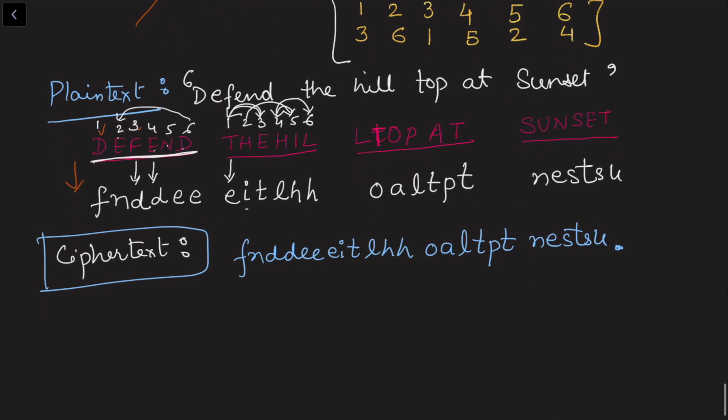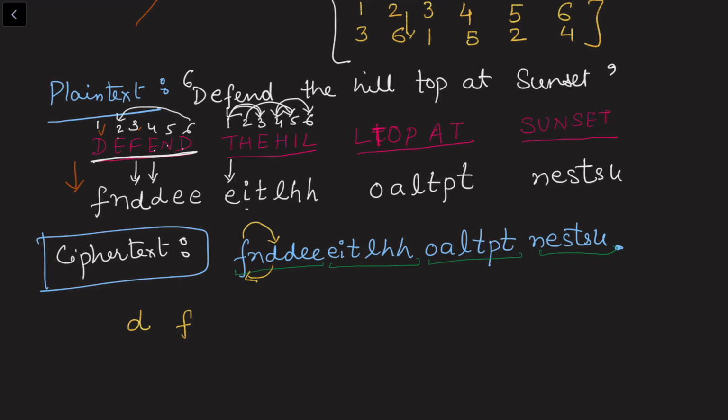Looking at this inverse permutation, you see that we again need to write this into blocks of 6. So we have 1, 2, 3, 4, 5, 6. These are the blocks of 6 letters. In this case also we said 1 goes to 3 and 3 goes to 1. So first we get D, and at the third place we get F. Then we said 2 goes to 6. You can read it from the inverse mapping which we have given here.